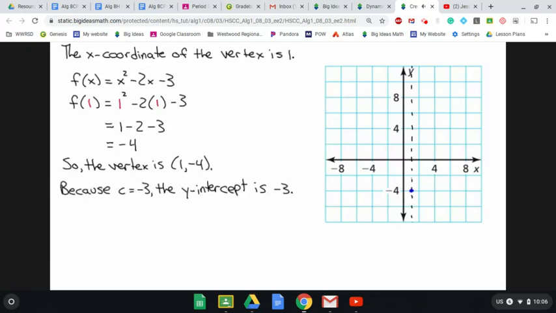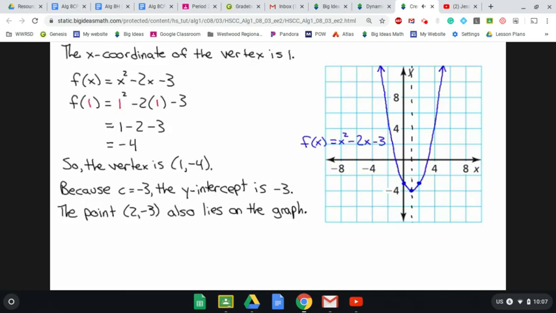Because c equals -3, the y-intercept is -3. So plot the point 0, -3. Because the axis of symmetry is x equals 1 and the point 0, -3 lies on the graph of the function, the point 2, -3 also lies on the graph. Plot the point 2, -3. Then draw a smooth curve through the points. Using the graph, you can see that the